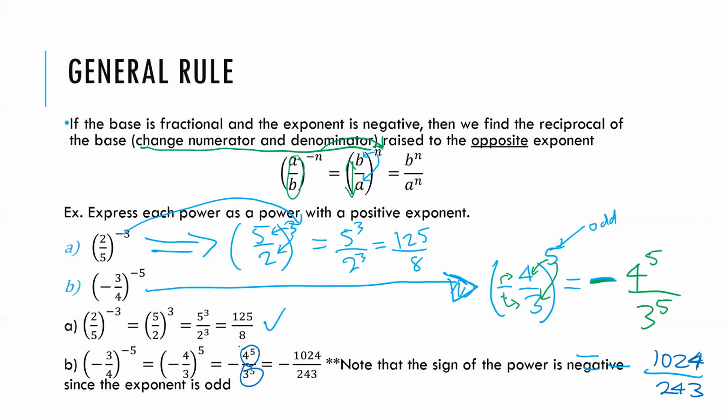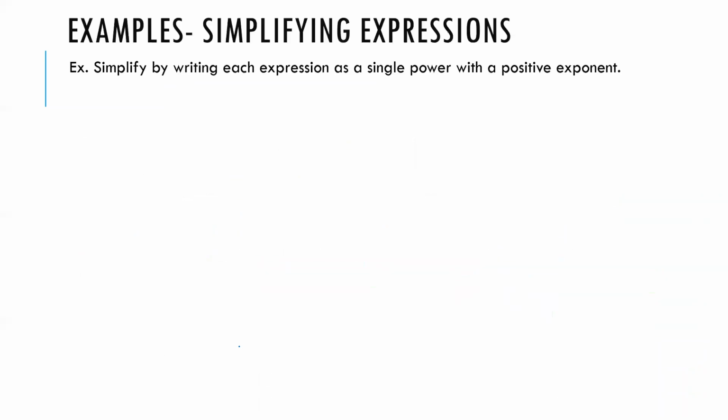You definitely should know, for example, 4 to the power 3 is 64. You're going to see that a lot. 3 to the power 3 is 27. 3 to the power 4 is 81. There are certain ones that you should definitely be more familiar with. So last couple examples,